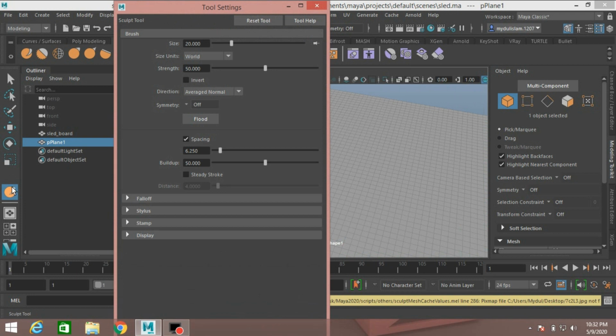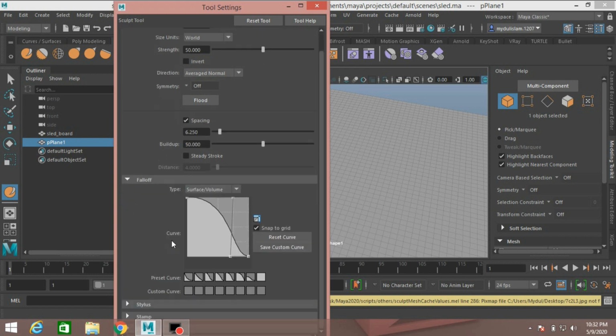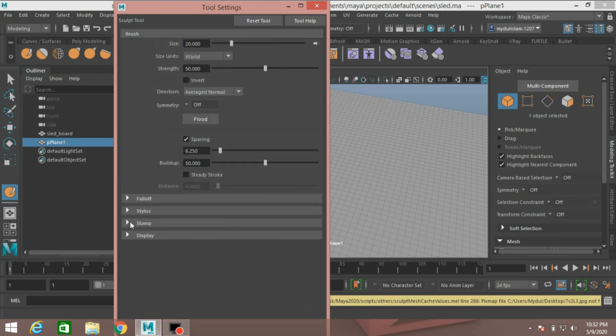Double click here and size type 20. Brush size, brush strength type 50 and fall off. Select this and stamp.